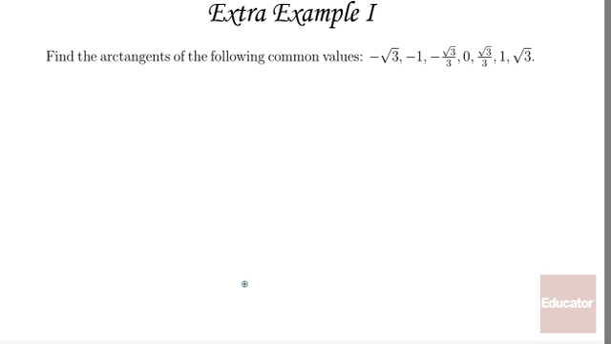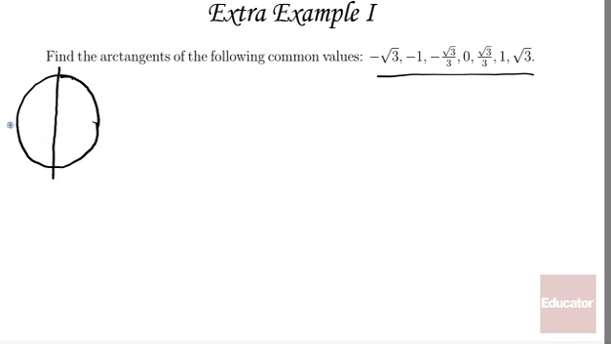Okay, we're trying some more examples of computing values of the inverse trigonometric functions. And here we have to find the arctangents of the following common values. And so I'll start with my unit circle. And I remember that with arctangent, I'm always looking for values between negative pi over 2